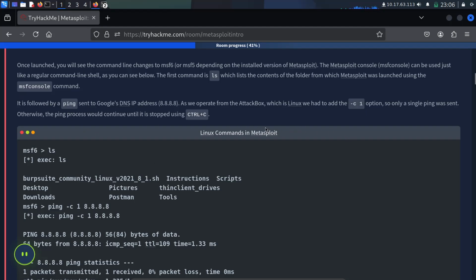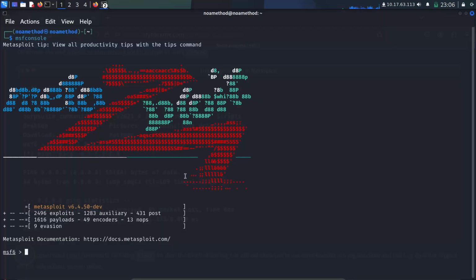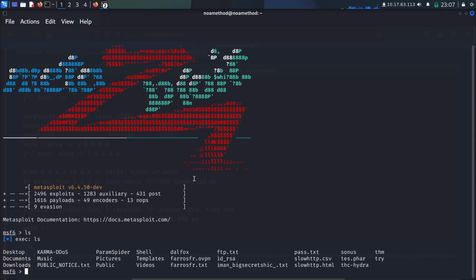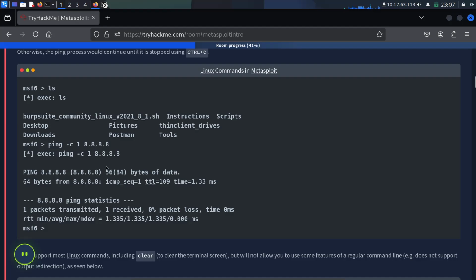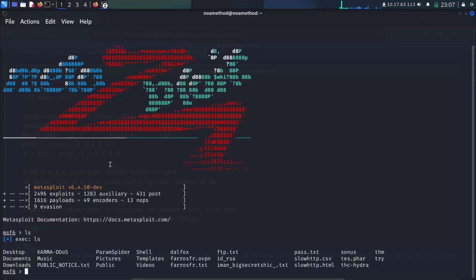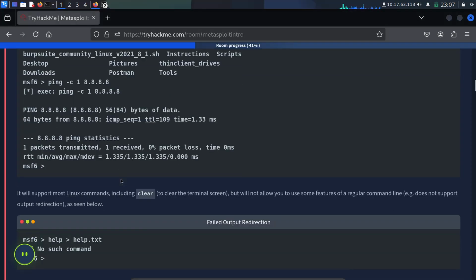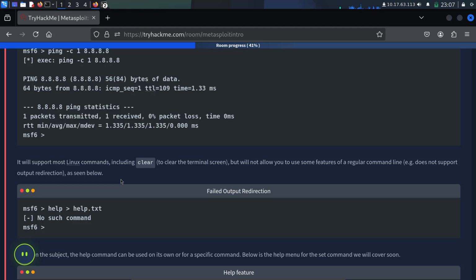You can run ls to start searching. The console supports most Linux commands, and clear to clear the screen, but that will not allow you to use some features of your command line.